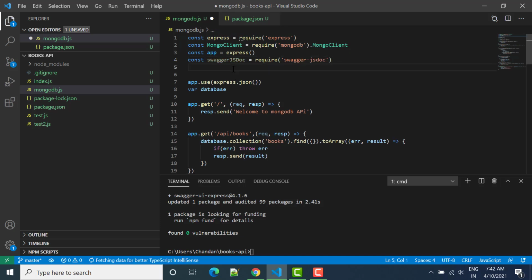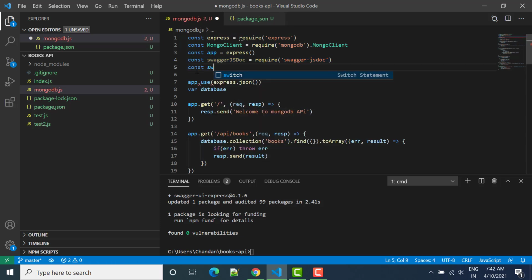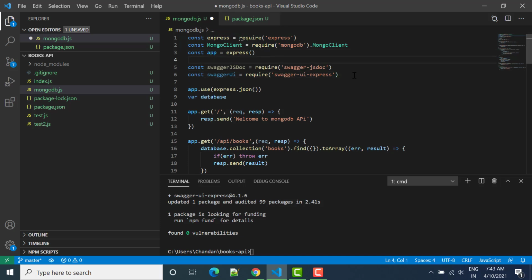This is the first dependency that we can use in our project. Second, we write const swaggerUi equal to require swagger-ui-express. These two dependencies we can import in our mongodb.js file, and then we have to write some definitions.